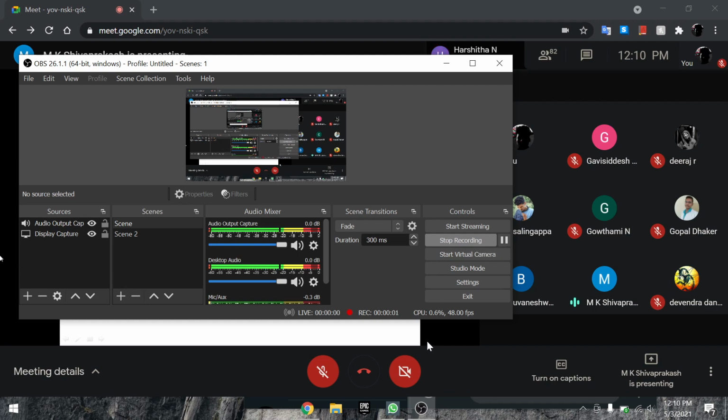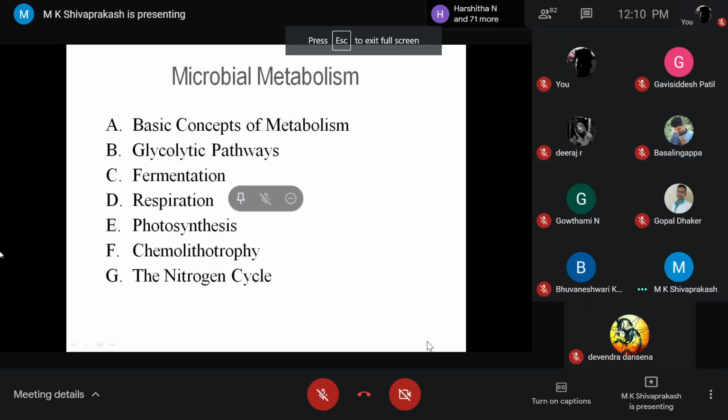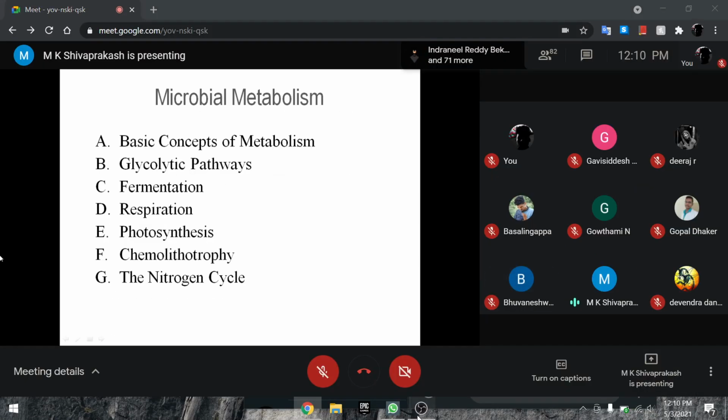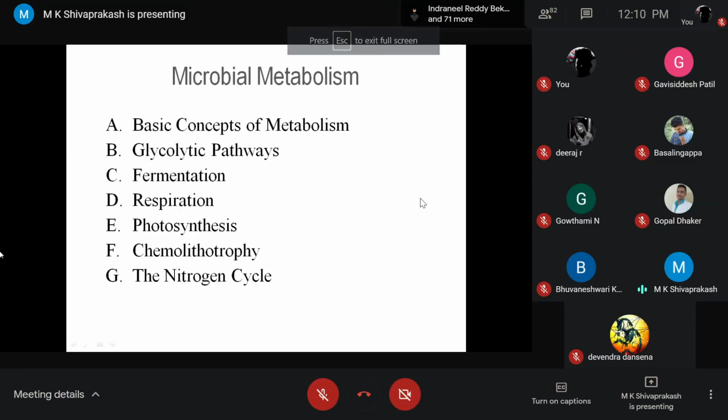In the previous class, we were discussing microbial metabolism, the definition and the various things that are associated with that. So as you are aware,